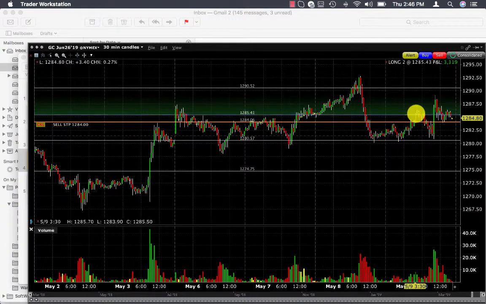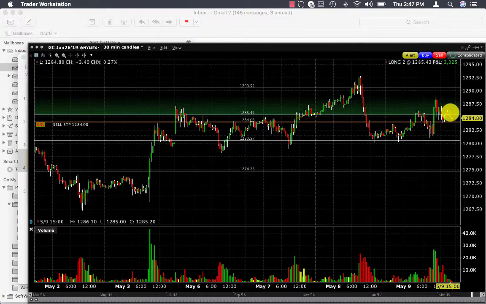Today it came up to this level, hit it, reversed back off of it, came down to this 1280, 1281 area, reversed off of it, and now it broke above, closed above it, broke through it, and it's been struggling right around this 1285 area. So when price has been struggling here, I went ahead and entered a buy order off of that 1285, saying,